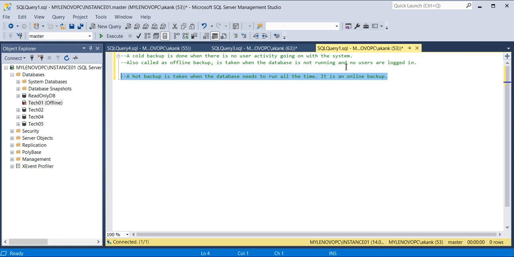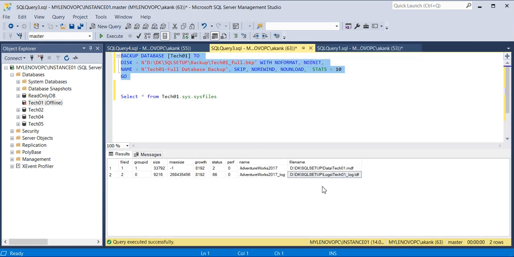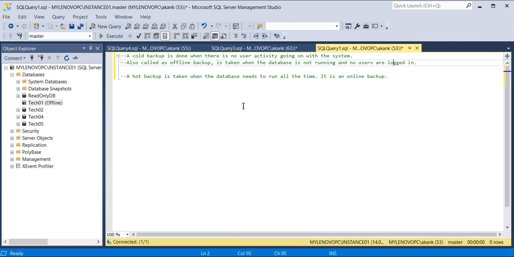The cold backup is offline: you take the database offline, keep your database files in a safe location, and later you can attach them. That is called a cold backup. My motive today was to convey the understanding of cold backup and hot backup, and this applies to every database. As I said, for Oracle and MySQL also, it is the same functionality.